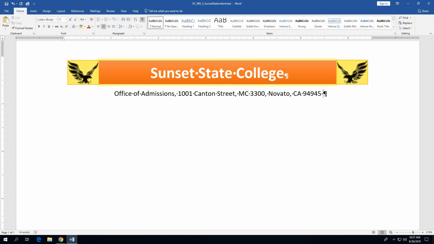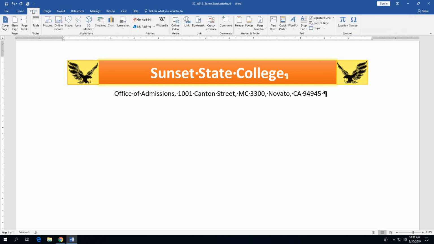And the next thing we're going to type in just a minute is going to be the phone number. But in between those two parts of the contact information, we want to separate those with the dot symbol. So to insert the dot symbol, we're going to go to the Insert tab up on the ribbon, and on the far right of the Insert tab, you'll notice is a Symbol button. You're going to click on Symbol, and then one of the very first symbols that you should see in the Symbols gallery is a dot symbol. So you're going to click on the dot symbol, and it'll insert it where the insertion point was